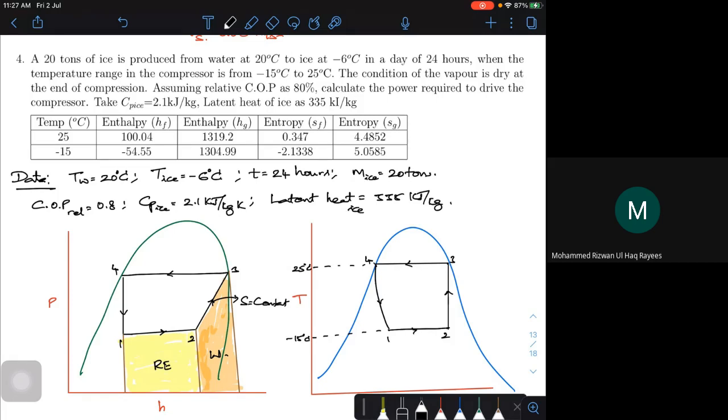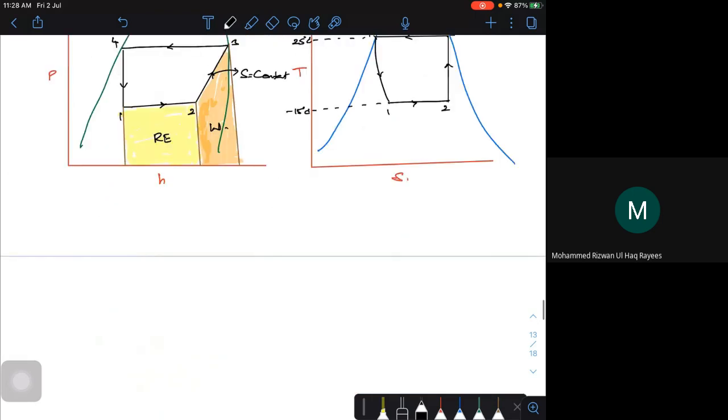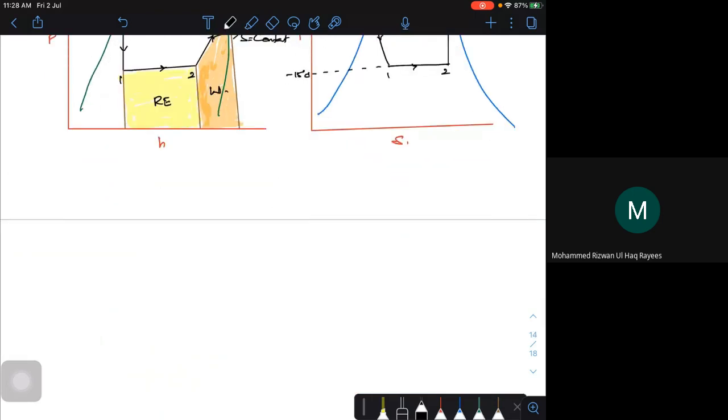Okay, now I need to look at actually what is the COP of it. I need to find COP of it. So let's try to find it one by one. Now let us try to look into this. If you try to consider the process, okay, process 2 to 3. It is isentropic. What it is actually? It is S2 is equal to S3.